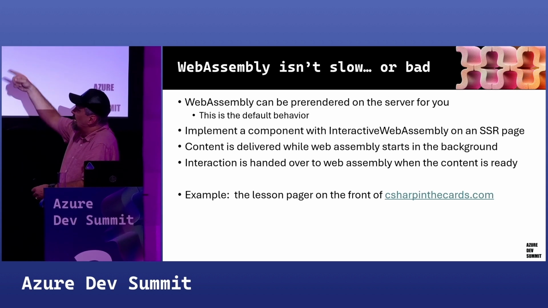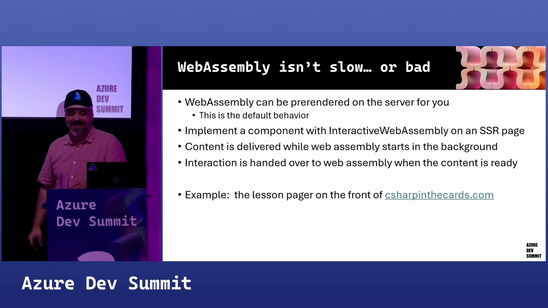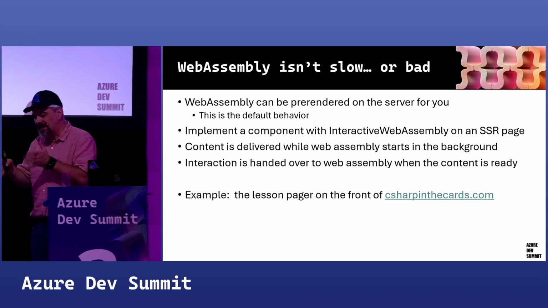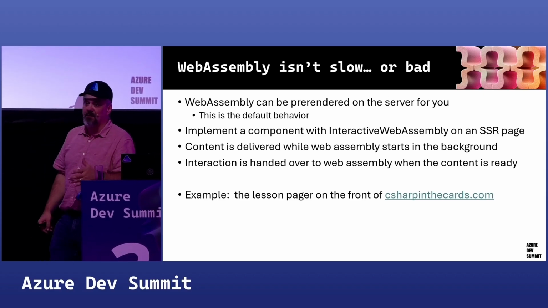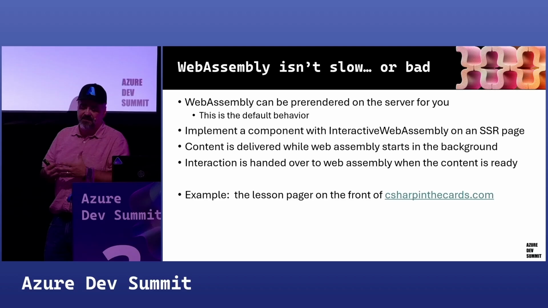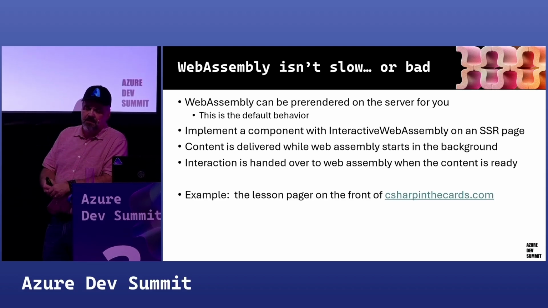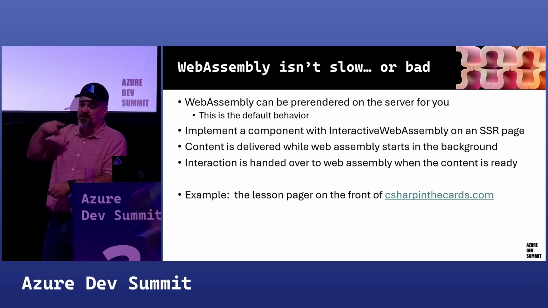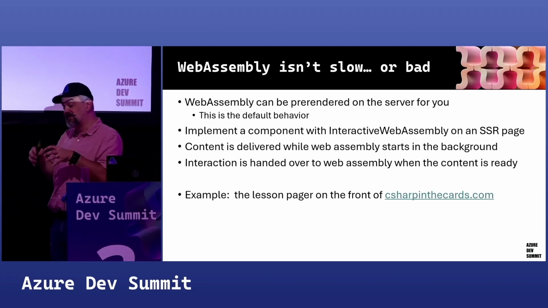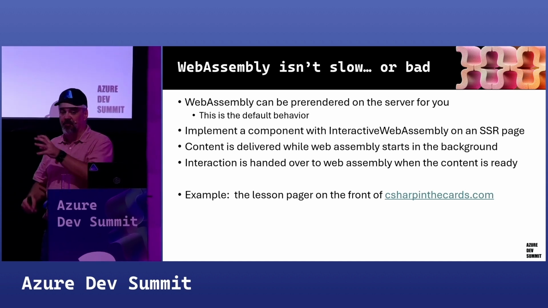So, and a link to C# in the cards. So pretty easy to pick up if you need the interactive components. Folks that are building schedules, folks that are building, a grid is kind of silly to do this with because you can really just do navigations with the grid and get the same thing happening. Doing interactive with WebAssembly should be something where you really want low latency interaction in the browser. So